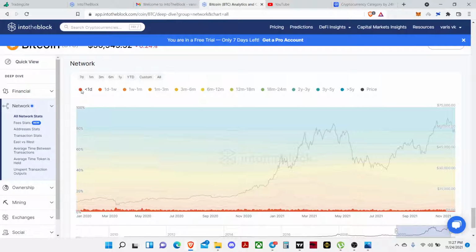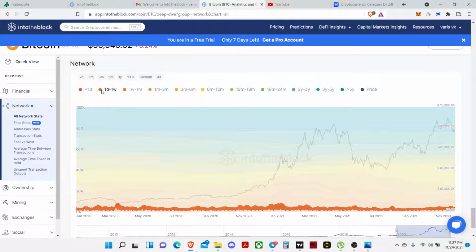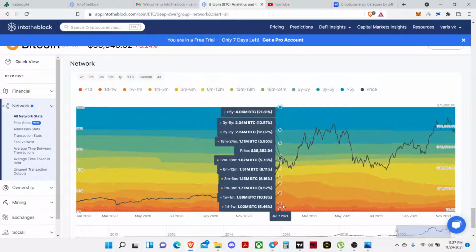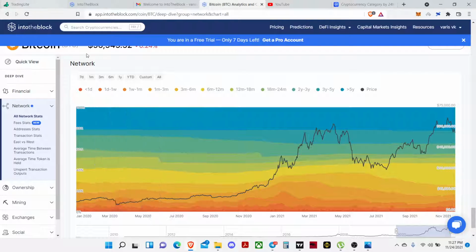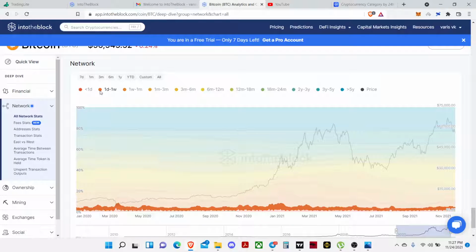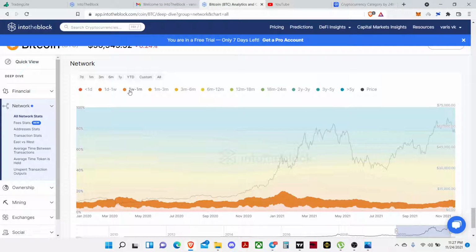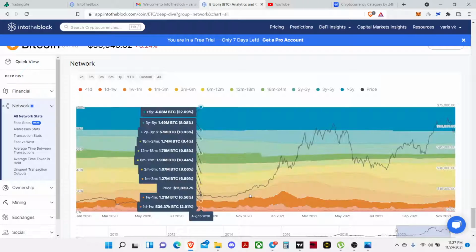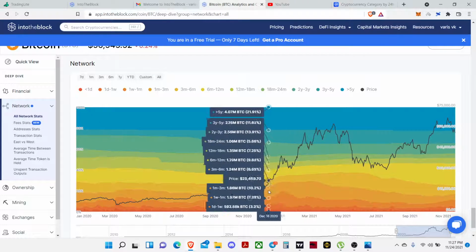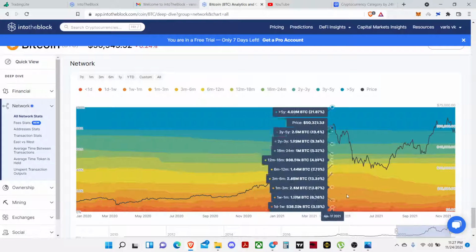So recently you cannot see any big. So this is a 1 day to 1 week thing. This is what recent accumulations from the short-term wallet addresses. It was higher over this period of time, and the next time we got a big 1 day to things was, yeah, these kind of people are a little bit lagging, and the 1 week to 1 month things came over here. It's actually a distribution kind of stuff that is going on here.